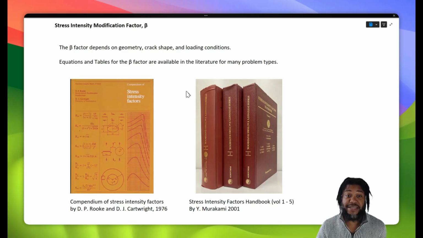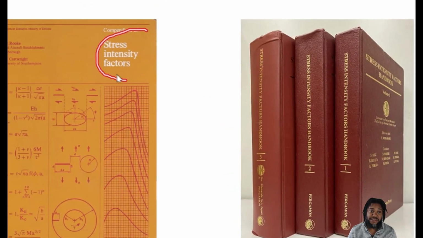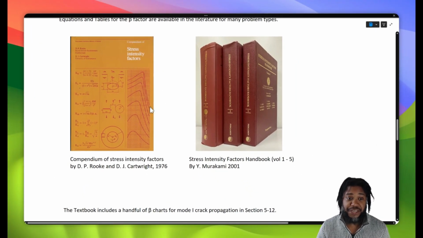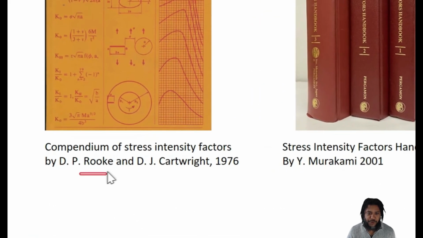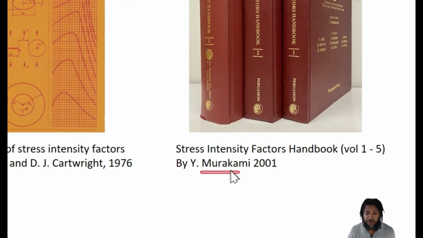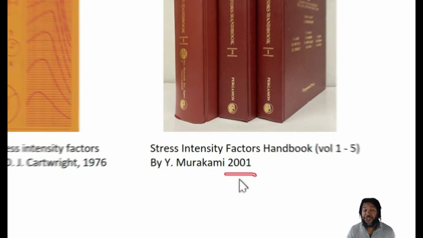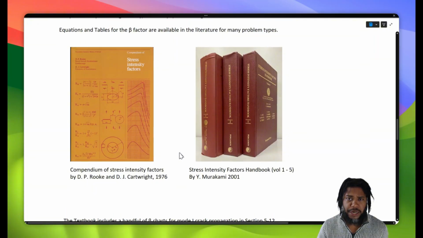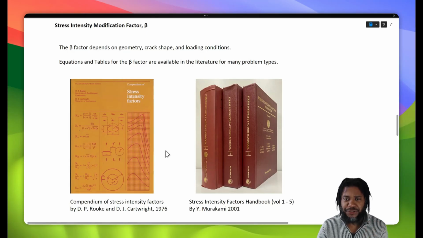Some of the best sources are big books, tomes, that collect the stress intensity factor equations and modifications for many thousands of different types of geometries. There's the classic compendium by Rooke and Cartwright, published in 1976, and the great tome by Murakami, his 5 volumes of stress intensity factors, published in 2001. These tomes can be very useful if we want to do an analytical solution for classical types of geometries